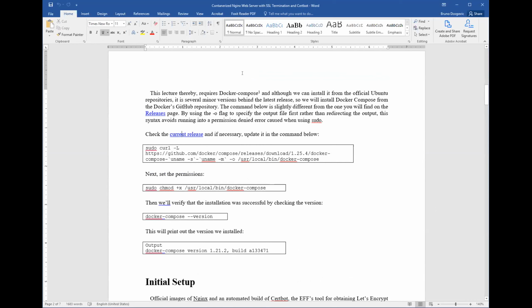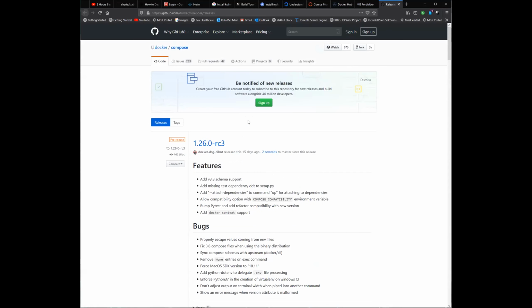I provided you links here, and I'll share this on GitHub for Docker Compose releases. You have which is the latest one or which one works with your version of Docker. The compatibility matrix is something you need to pay attention to, which version works with which. This is the website, the GitHub repo for Docker Compose.